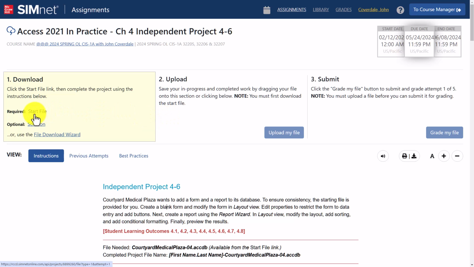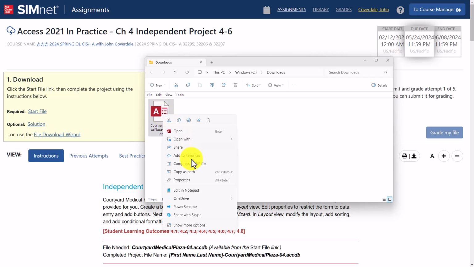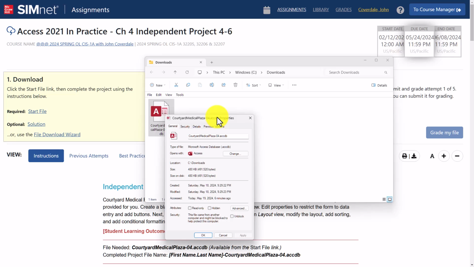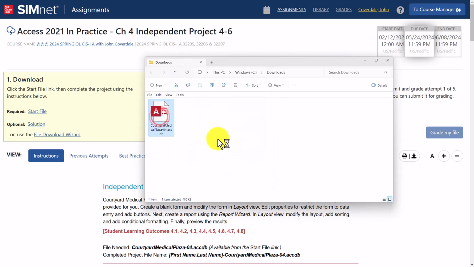To get started, we'll need to get the start file, so you'll want to download that and find it on your hard drive in the Windows Explorer before you open that file. It's very important before you open this file to right-click on it and choose Properties, and then to check this box right here that says Unblock. The reason for that is that if you don't do that, you will not be able to work on this file. I'll cancel this and I'll show you what will happen if you don't take care of this step